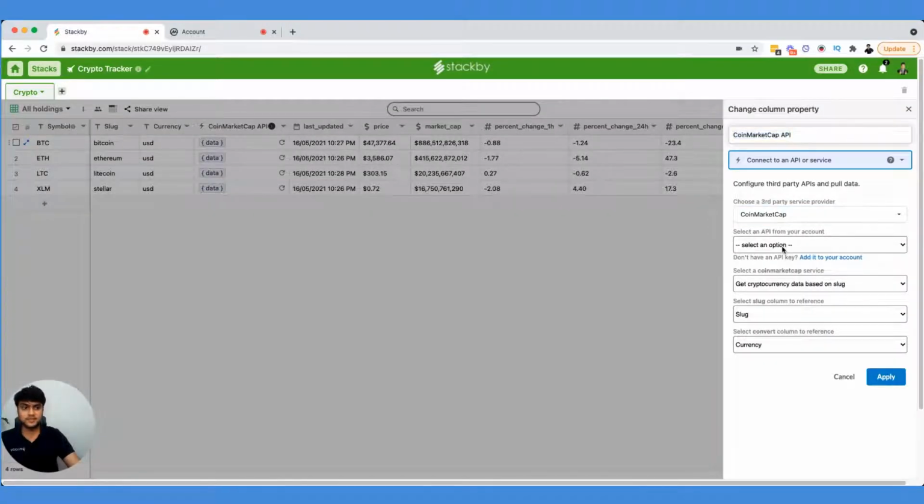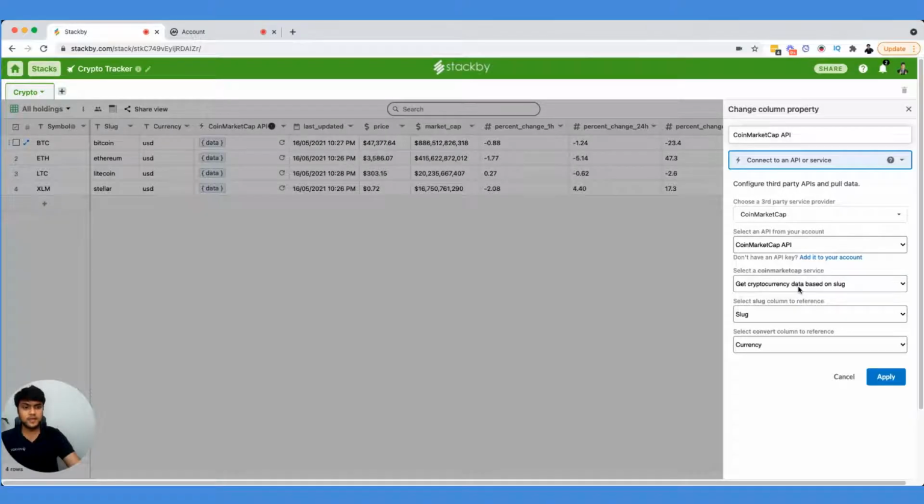In this case, I just have to select the API key, and there are 3 different services that I can bring information from. If I want to bring information on individual cryptos, what is their latest price, their market cap, and so on, I can easily do that.